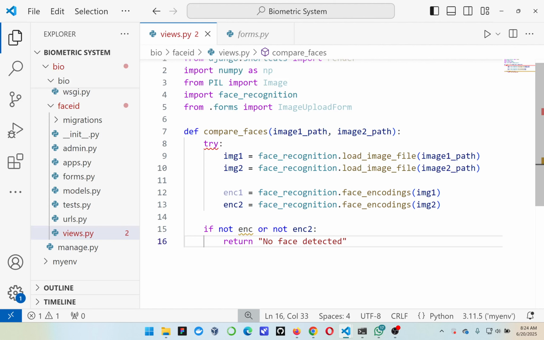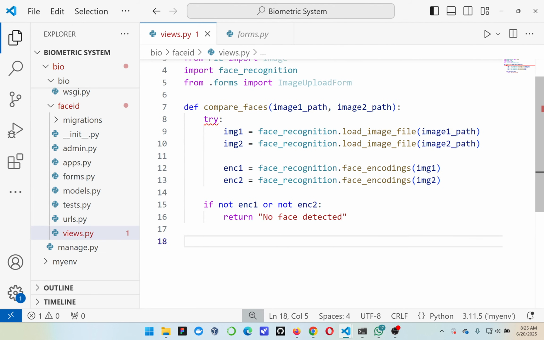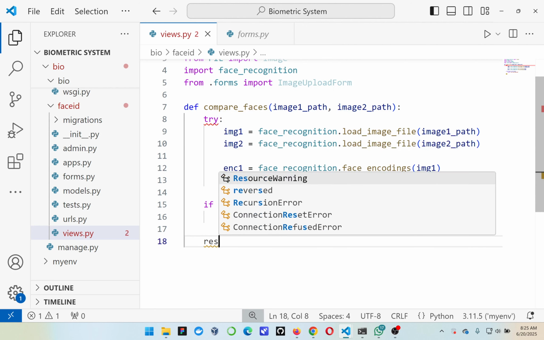So when we do the encoding for the first image and the encoding for the second image, and we find no face, let's simply say we find no face. We just want to tell the user there is no face detected. But if we get a result,